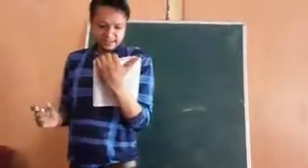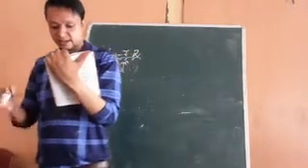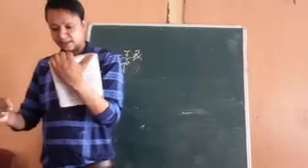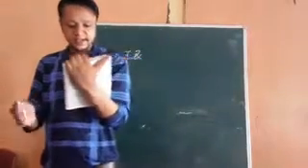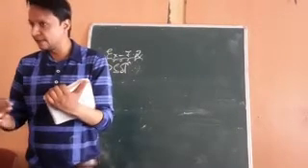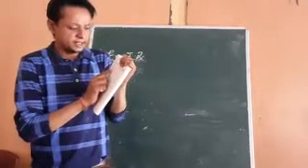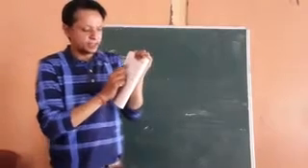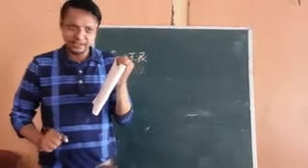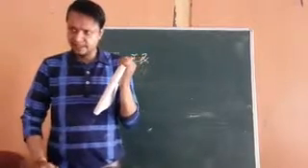See question number 17. In 17, sin(alpha + beta) cos(alpha + gamma) - cos(alpha + beta) sin(alpha + gamma). You can split sin(alpha + beta) using the formula also: sin alpha cos beta + cos alpha sin beta. That way also can be written. Or there is also another technique. You can consider sin(alpha + beta) as A, and cos(alpha + gamma) as B.